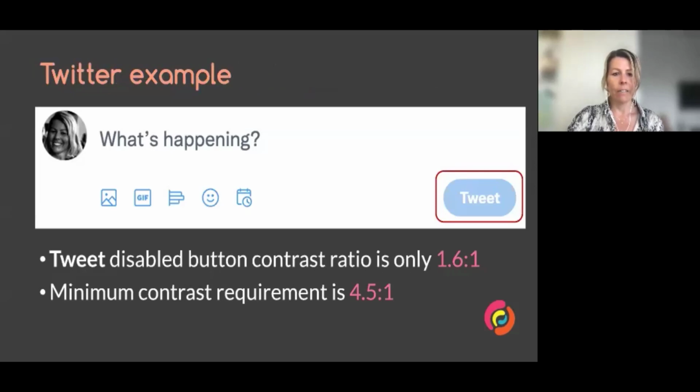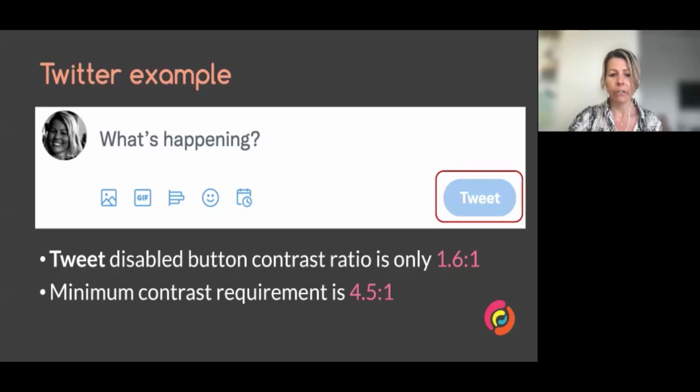On the slide is an example from Twitter. It's an example of the disabled tweet button. So it's been dimmed until the user enters text into the tweet text field. So it's a very light shade of blue. And the contrast ratio of this is only 1.6 to 1, whereas usually minimum contrast requirements for regular text is 4.5 to 1.